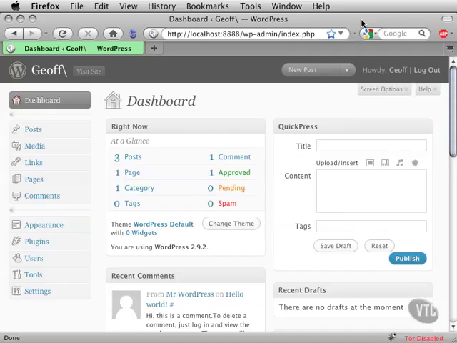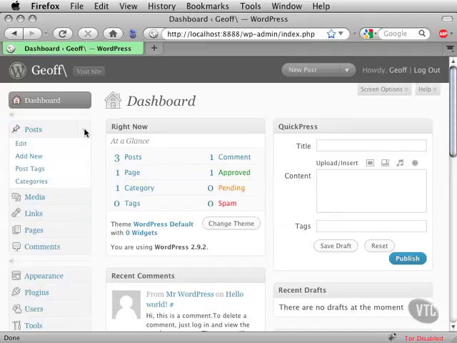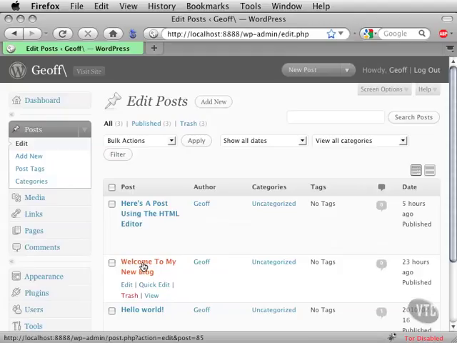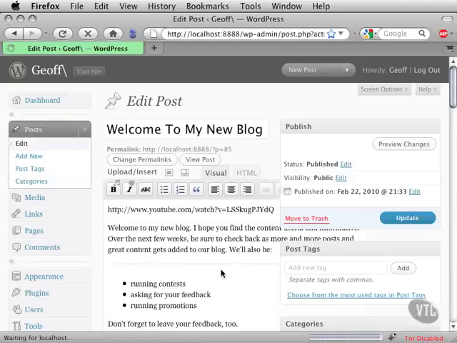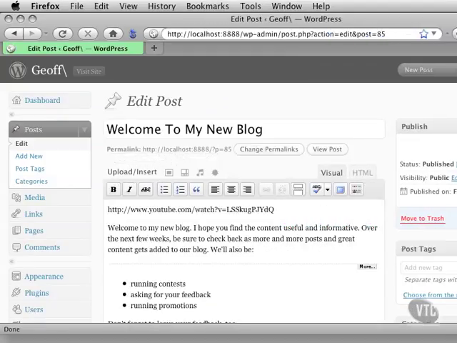And again, unfortunately, without the assistance of plugins, adding audio to posts is a bit of a letdown here in WordPress, but I'll walk you through the paces at least anyway, so you know how to do it. So as always, I'm going to flip open the posts category there over on the left-hand side into Edit. Let's go and grab that welcome to my new blog post, pop that fella open,